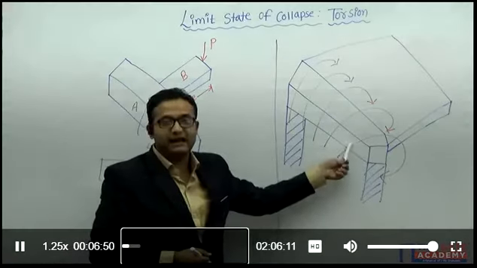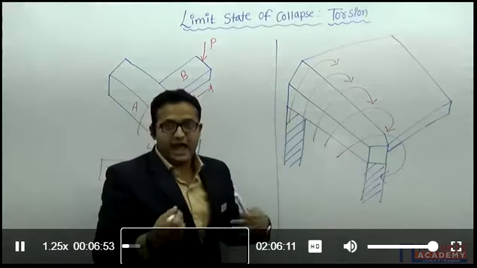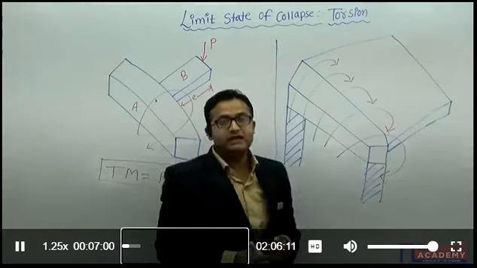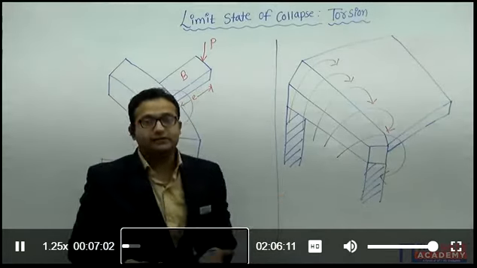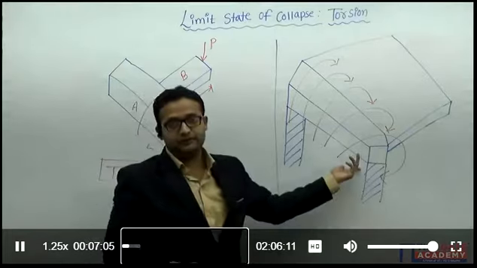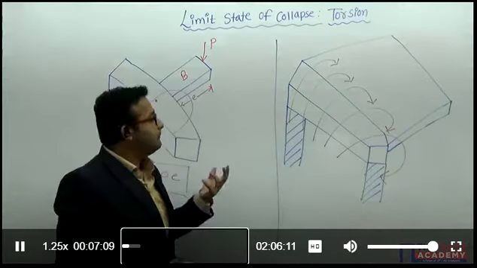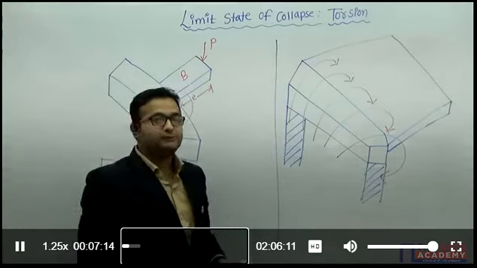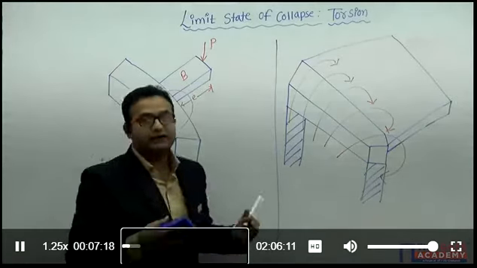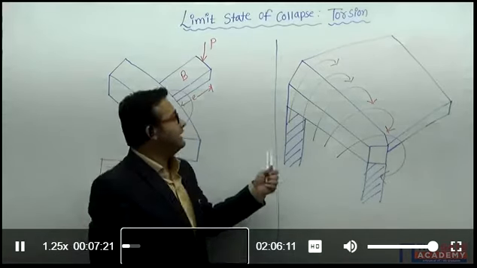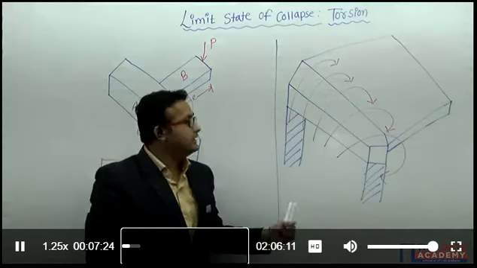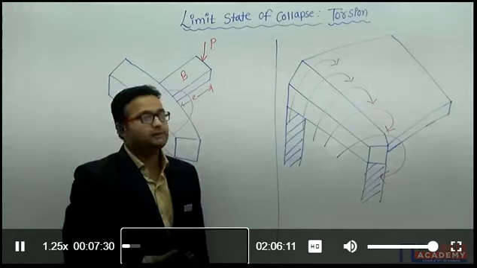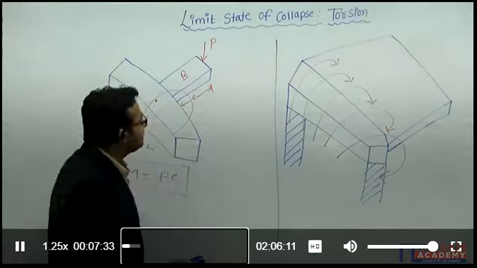So this beam is suffering now the problem of torsion. So this beam should be designed for bending moment due to the self weight as well as the torsional moment coming due to the weight of the slab. Right. So in this way the torsion acts on the beams. Now how to design these beams? So let's start the design of beams considering the effect of torsion. Very interesting topic, and generally many times people have asked in the GATE examination to calculate the equivalent shear force, equivalent bending moment, and other questions from this torsion chapter. All the questions asked in the previous years based on the torsion we will be discussing today.